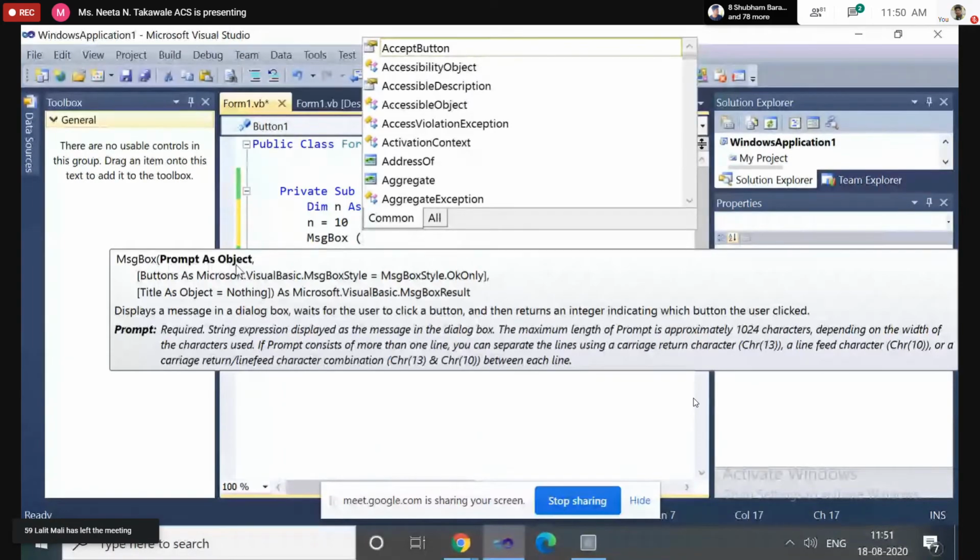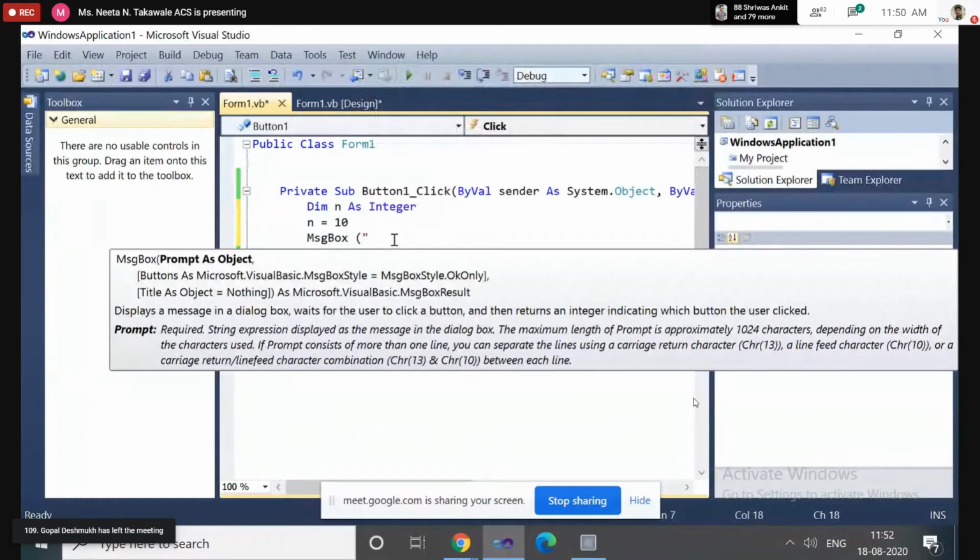In the first parameter, you can display the message in double quotes. Whatever message you want to display to the user, you can add it within the double quotes. Or you can also display the value of a variable using this first argument. First we'll see how to display a message. Suppose I want to display the message good morning. So use the MsgBox function, opening bracket, then double quote, and the message that you want to display. Good morning is text, so it should be enclosed within double quotes.